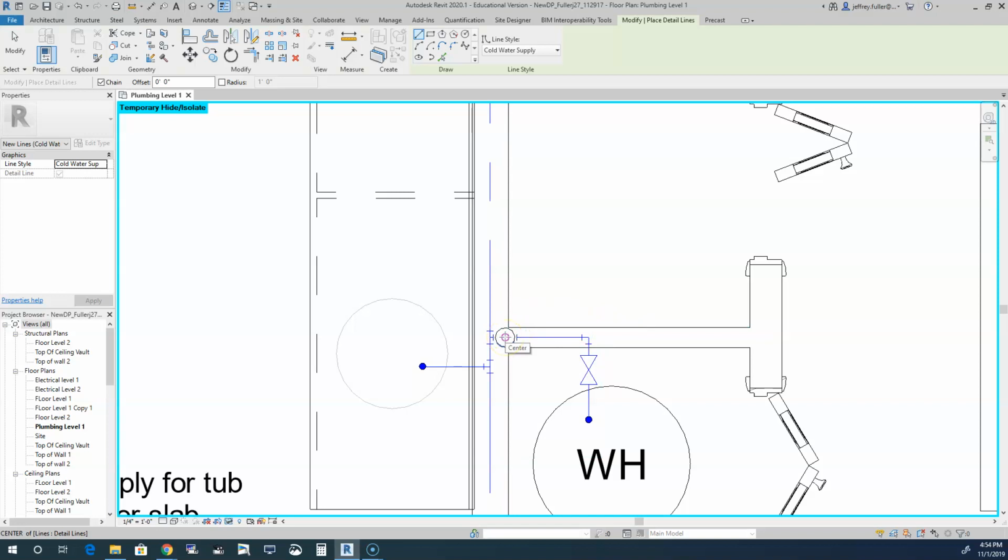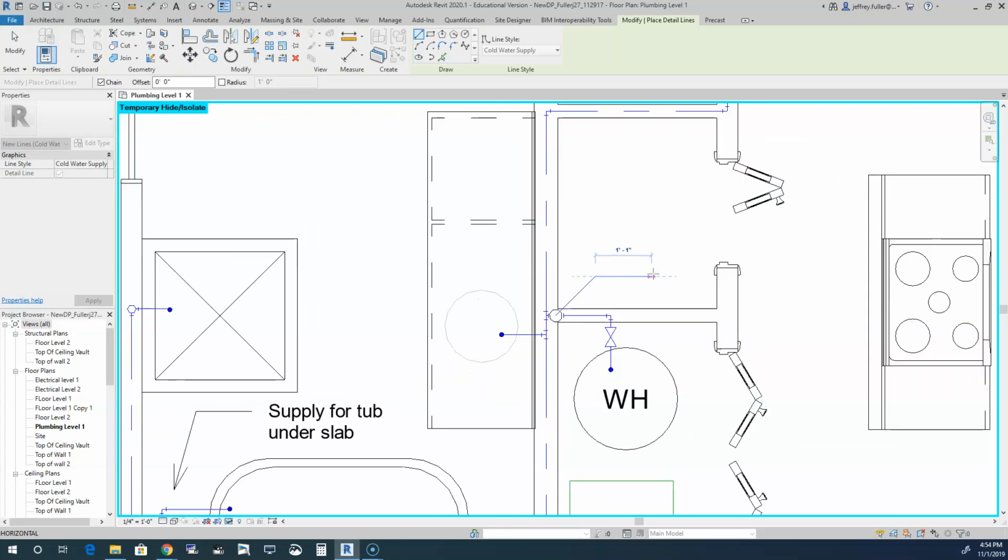underneath the slab. So I'm going to start right here with this penetration, and I'm going to draw a line, and I want to keep my angles at 45 degrees because that's your most common fitting, 45 degrees and 90 degrees. If you do anything kind of weird degrees, then you've got to order special fittings and stuff like that. So what I'm doing right now is I'm going under the slab, and I'm going to bring